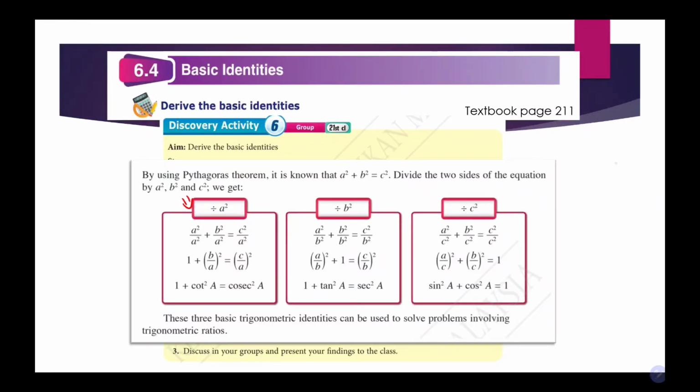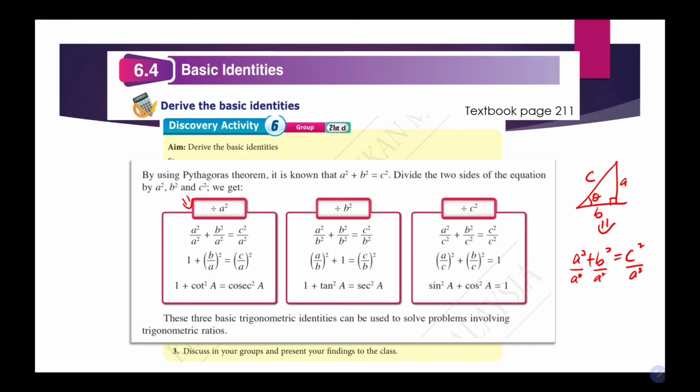Let's say this is our right angle triangle, with the sides a, b, and c. Let's say this is our theta. From here, our Pythagoras theorem tells us a square plus b square equals c square. So if I divide everything by a square,